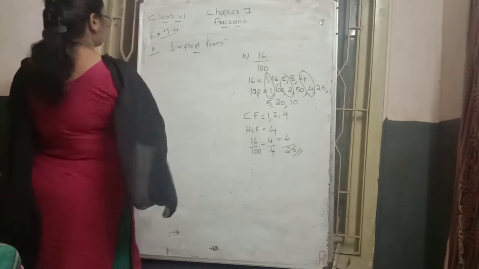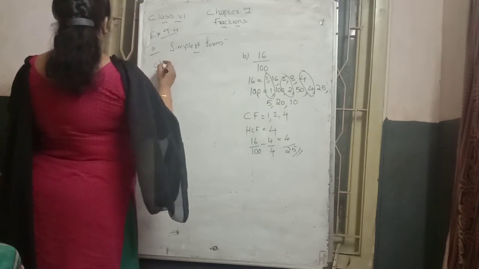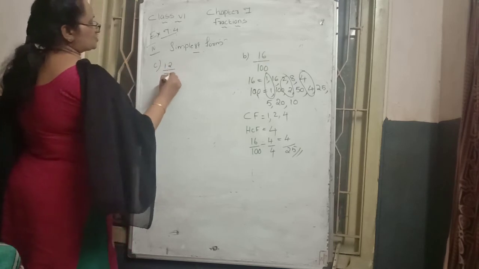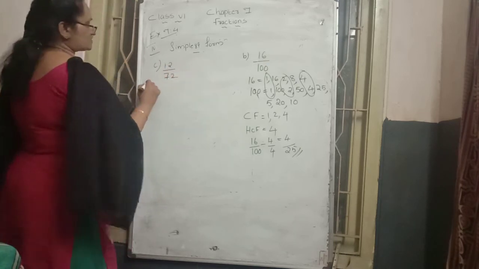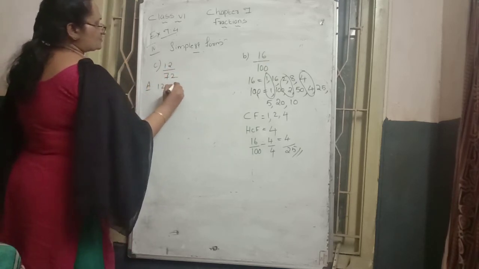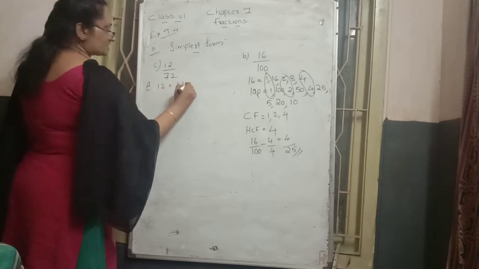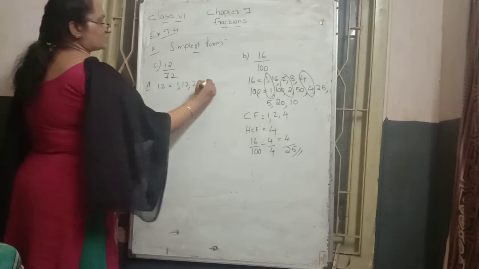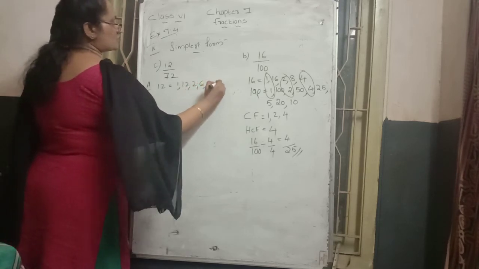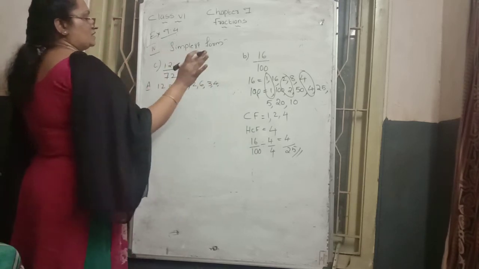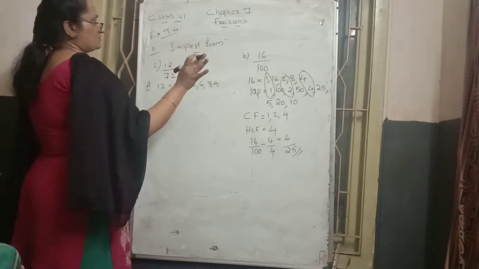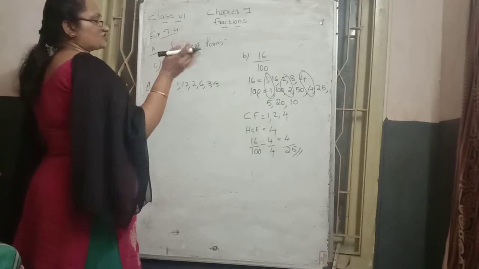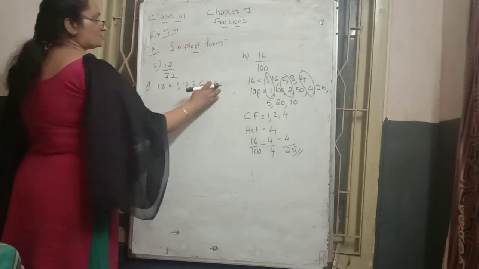One more question is 12 and 72. Same model, same process here. Factors of 12. 1 table 12 is there. 12 table 12 is there. 2 table 12 is there, when it is 6. Then 3 table 12 is there, 4 times. 4 table already completed. 5 table not there. 6 table already completed. 7, 8, 9, 10 tables do not have 12.